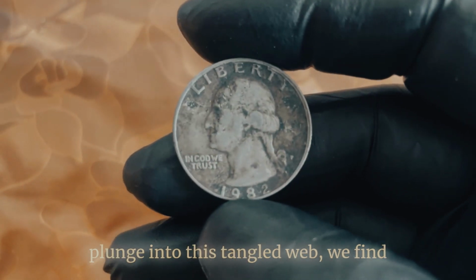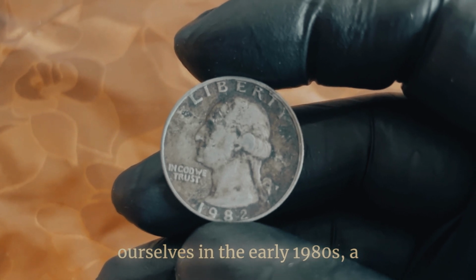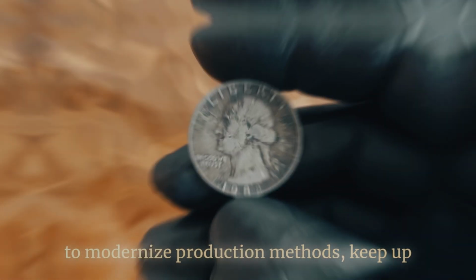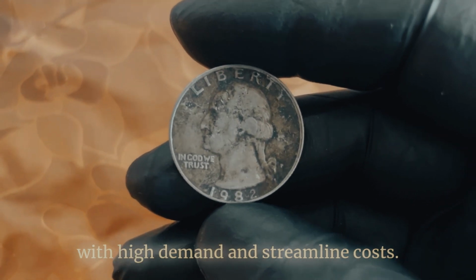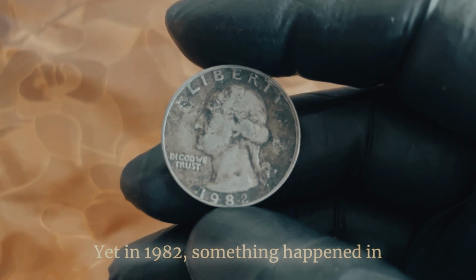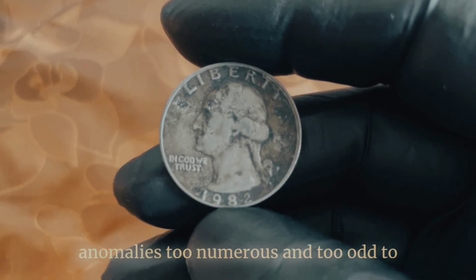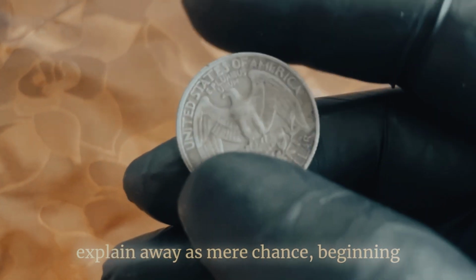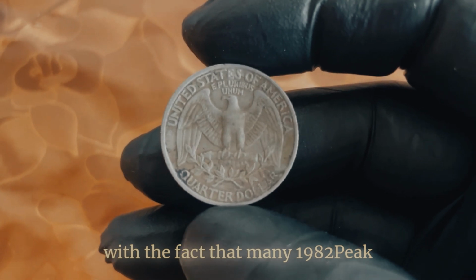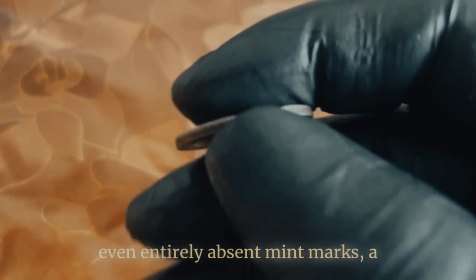And as we plunge into this tangled web, we find ourselves in the early 1980s, a period when the Mint was under pressure to modernize production methods, keep up with high demand, and streamline costs. Yet in 1982 something happened in Philadelphia that left behind a trail of anomalies too numerous and too odd to explain away as mere chance, beginning with the fact that many 1982 quarters appear with faint, distorted, or even entirely